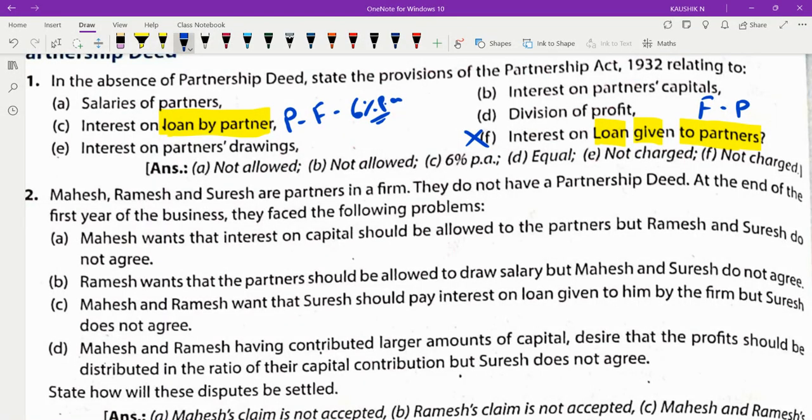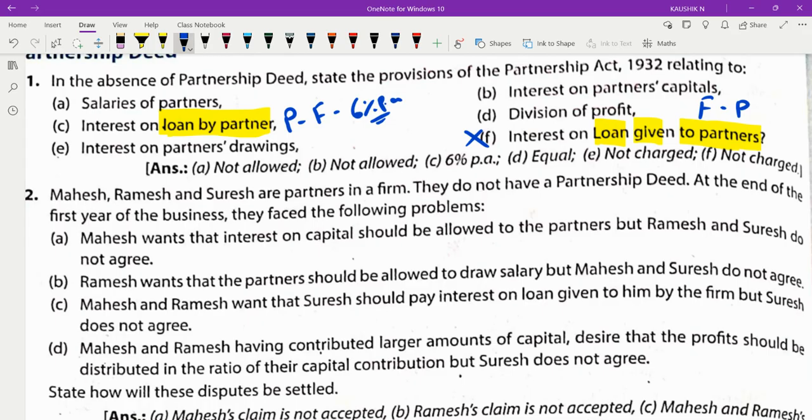The difference between the first sum, the second sum and the third sum is this: in the first problem we had some values, and there was no written agreement, and no oral agreement either. In the second problem we had an oral agreement, and it was taken into account for the disputes, and accordingly we found some solution. Here also we don't have a partnership deed, neither in written form nor in oral form, and moreover the items given do not have any money value as of now. We only want our judgment, whether it will be allowed or not allowed. So that's a slight variation from problem to problem.